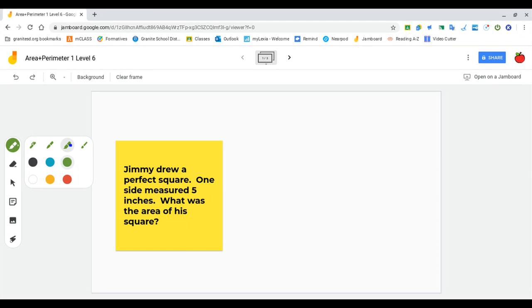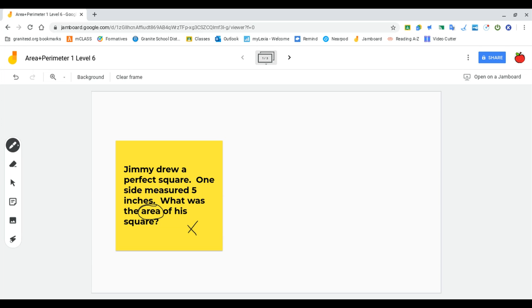Let's get started. So Jimmy drew a perfect square. One side measured 5 inches. What was the area of his square? The key word here is area. That tells me that I'm going to be using multiplication, and I'm going to be multiplying two sides of a